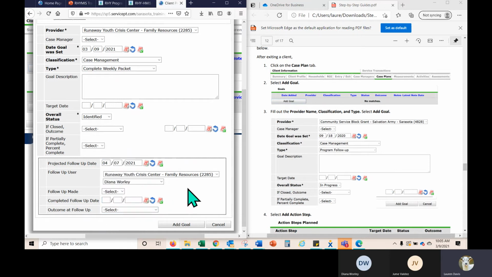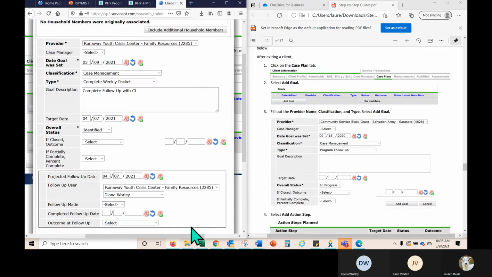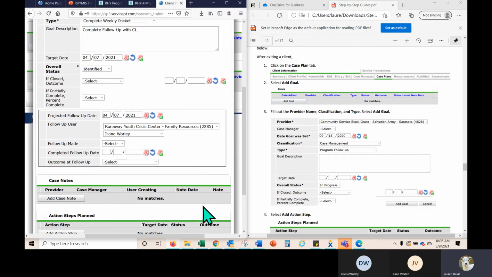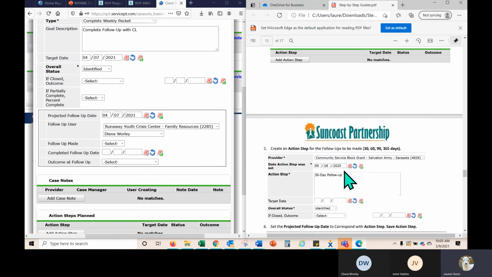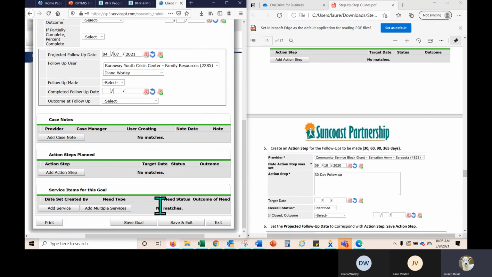If your reports are anything like ours, where we actually have to hit within 30 days, if it's over 30 days, then it doesn't count. So what you're doing here is just adding a little note for yourself as to why you're doing this goal. If you are case planning in CSIS, this is how you would add a case plan and add notes to the client's case plan. But if you guys are not, again, just depends on the nature of your grant.